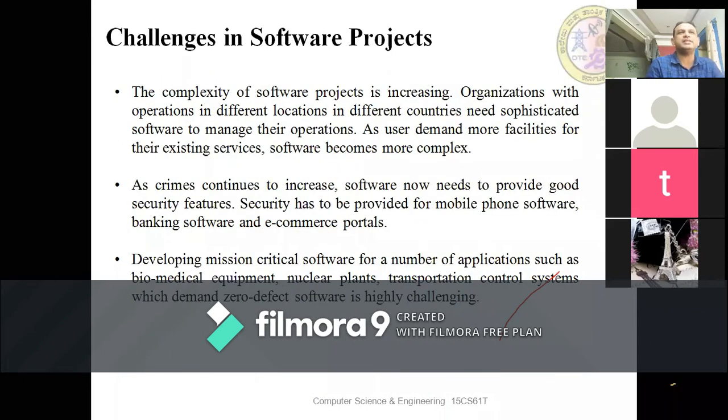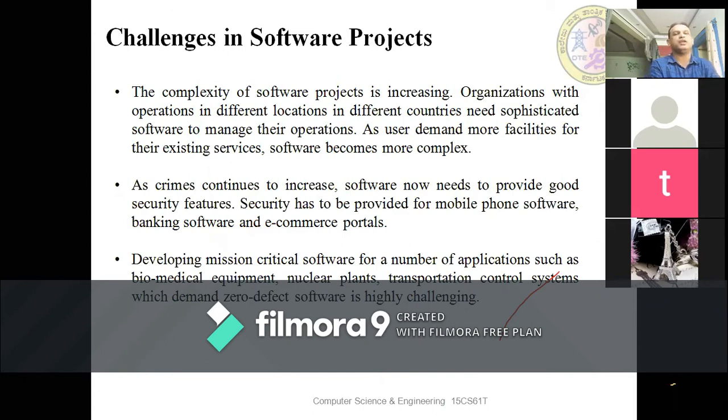Now, what are the challenges in software projects? We will be seeing what the challenges are. As you may see, there are so many problems happening in your mobile phones or through Facebook, Twitter or Instagram. So many problems have been created through this software. As software has made life easier, at the same time, it has made life riskier also. We are uploading all our Facebook images, all our photos, wherever we are going.